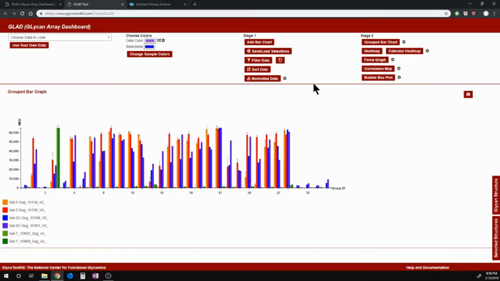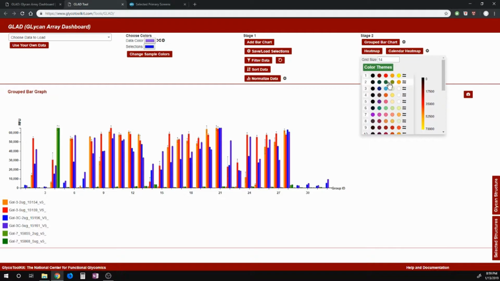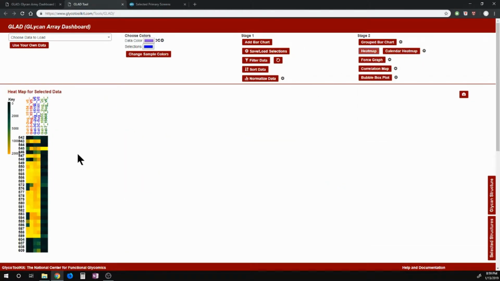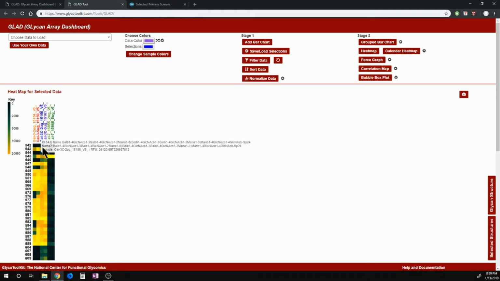Next, what we will do is we will produce a heat map. Now for the heat map, we can check the settings over here. We can choose different color themes and we can change these values as well. So we can set values which we would like as cutoffs for the different colors. And then if we click on heat map, it produces a heat map which shows the data in the heat